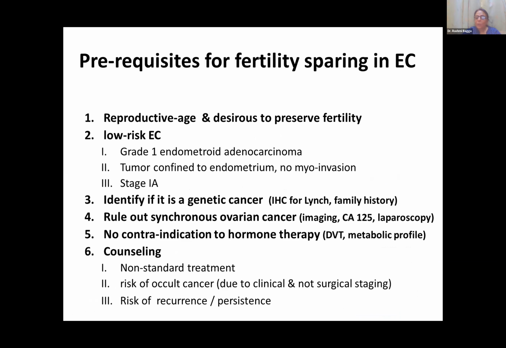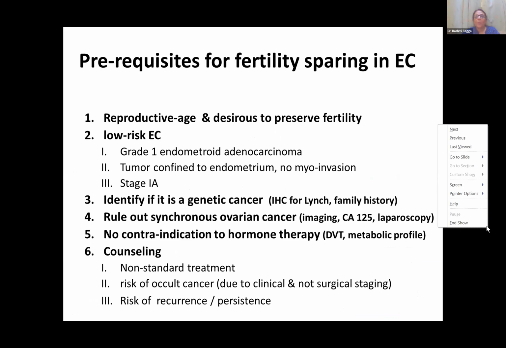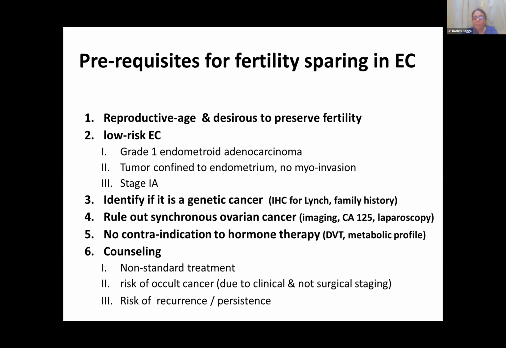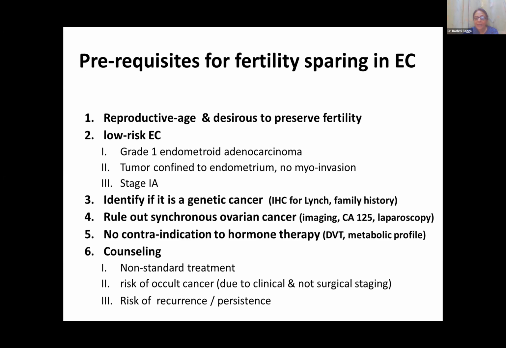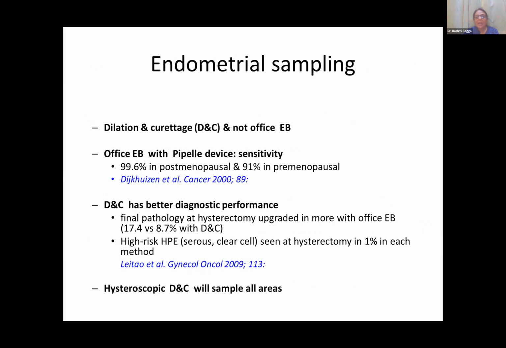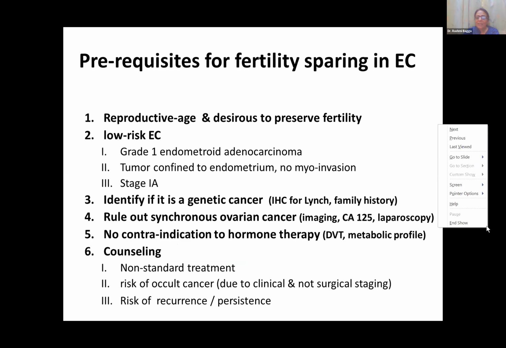We have certain prerequisites for a fertility sparing approach in endometrial cancer. This is an important slide. The patient should be of reproductive age group and strongly desiring to preserve fertility. She should have a low risk endometrial cancer. Among the definitions of low risk endometrial cancer, we have even stricter criteria for fertility sparing approach. It should be a grade 1 endometrioid adenocarcinoma, confined to the endometrium without any myoinvasion, and obviously stage 1A. Identify if it is a genetic cancer or not,